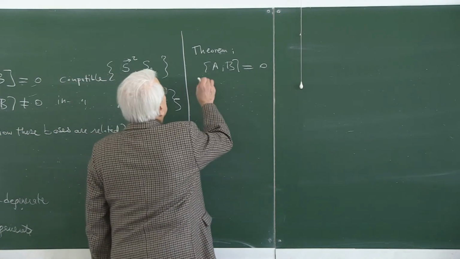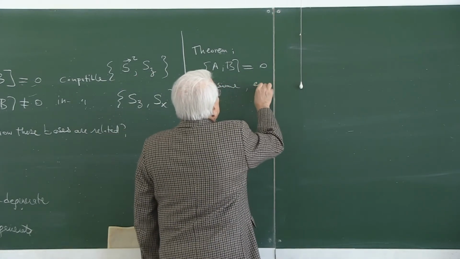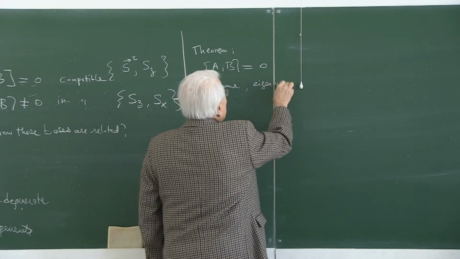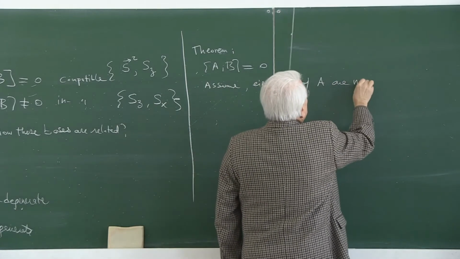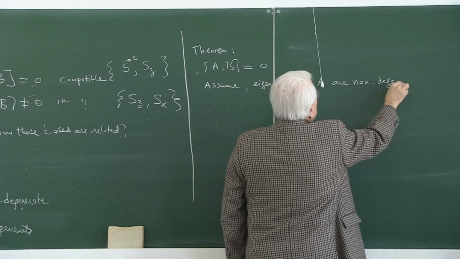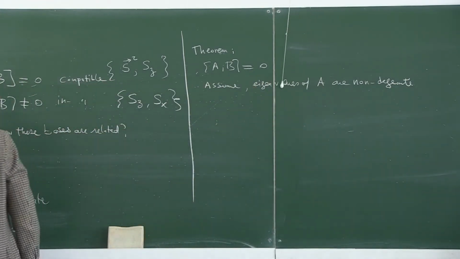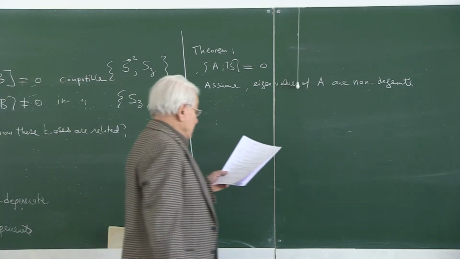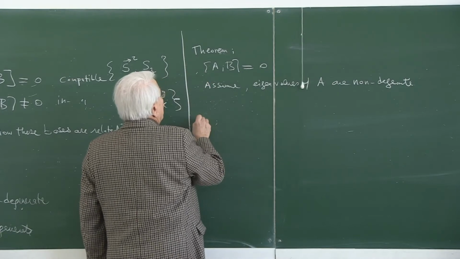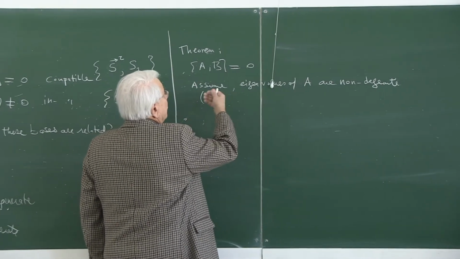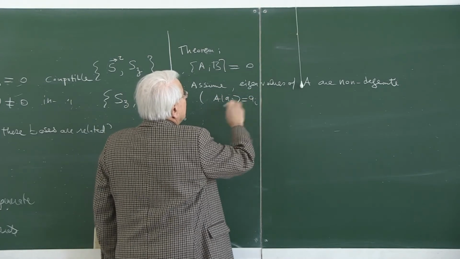We assume the eigenvalues of A are non-degenerate. Well, before proceeding for the B, if we have the eigenvalue problem defined as such for the A operator, the